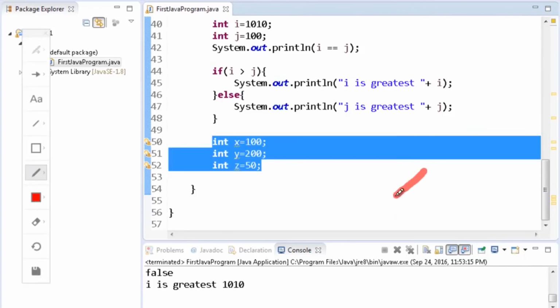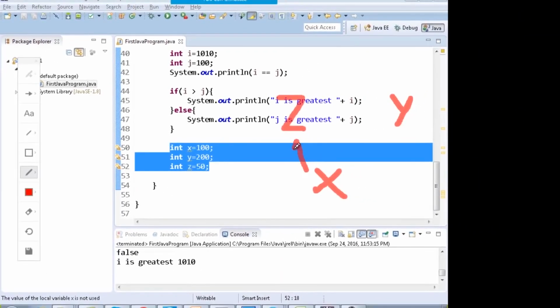So the logic which you can use is that you can compare the value of x to both of them. If x is greater than both of them, then that means x is the greatest. Otherwise, in the next step, you know that x is not greater than y or z. Then you can just compare both of them in the next step. I'll implement it. It will be clear to you.